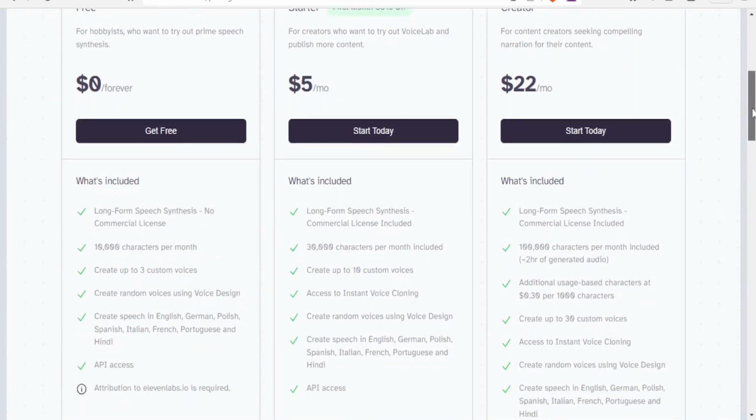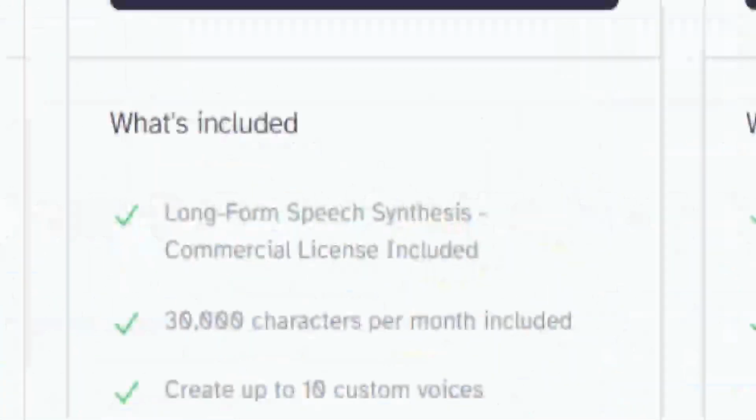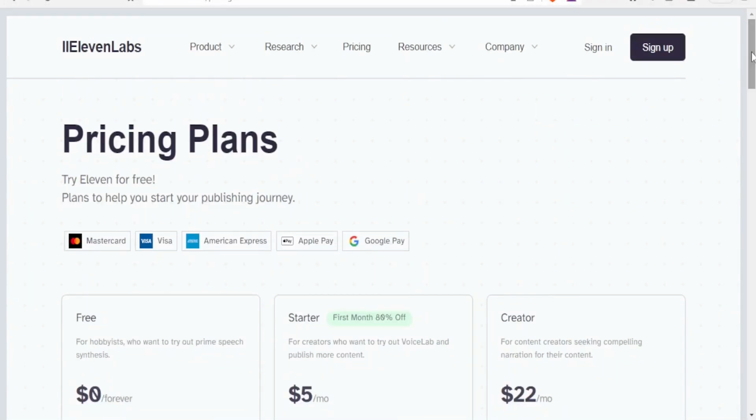If you now look at what is available for the three plans, you notice that for the first plan, you have the long form speech synthesis, and you don't have a commercial license. Comparing that with the second plan, the commercial license is included. Of course, in the third one also it is there. So I would say that 11labs AI is very affordable when you look at those plans. So now how do we use